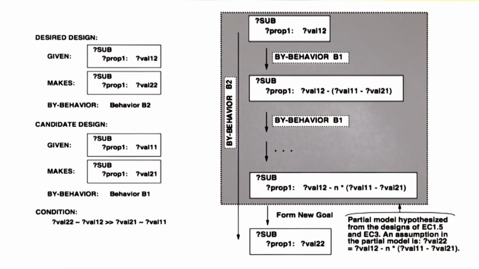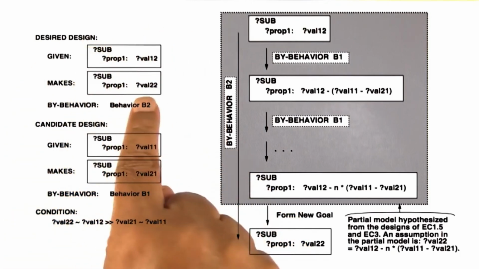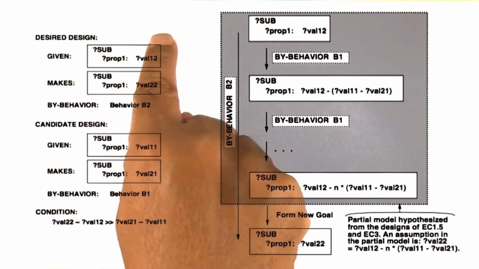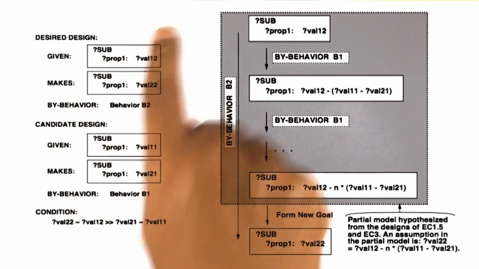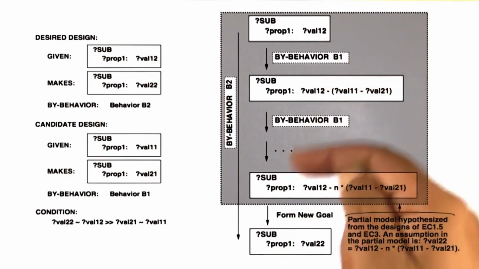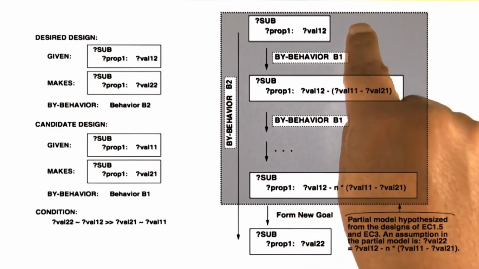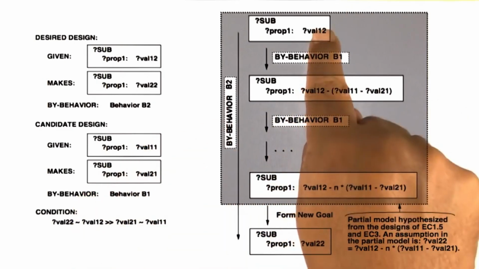Design patterns are a major construct in software engineering. But design patterns occur not just in software engineering, but in all kinds of design, for example, architecture and engineering and so on. Here is Sam's way of capturing the design pattern that can be learned from the previous case. If you know the design of a device that changes the value of some variable from one value to another value, and you want another design that changes the value of the same variable to some other value, not the same as the previous design, one way in which you can create the new design is by replicating the behavior of the previous design. So not just having behavior B1 for the first design, but having this behavior B1 as